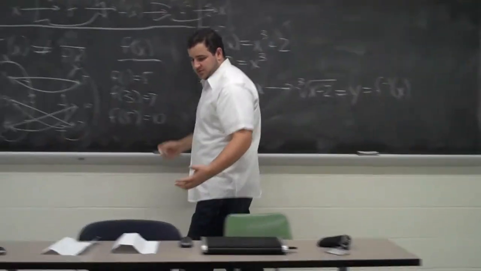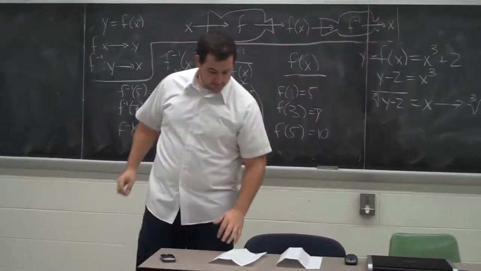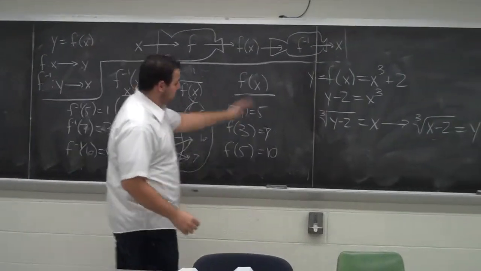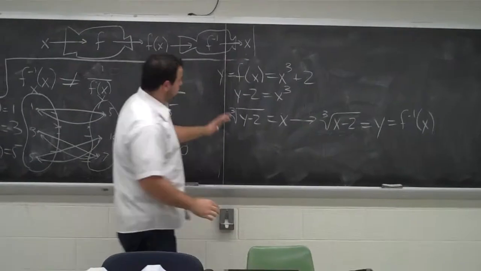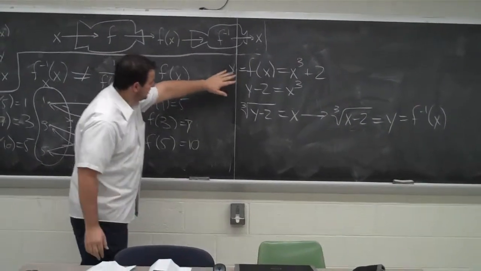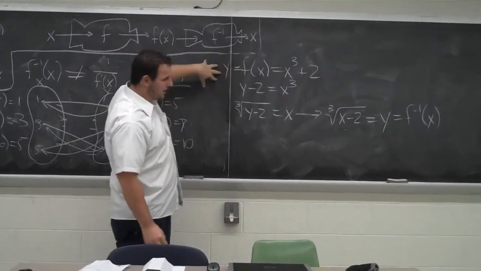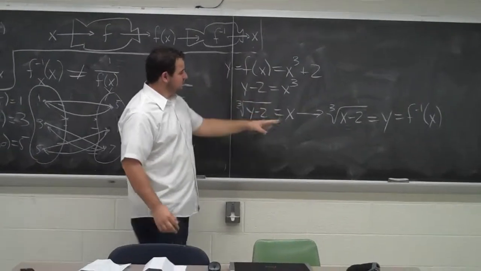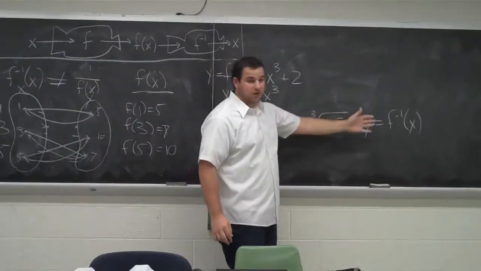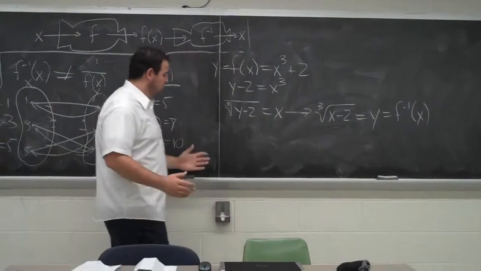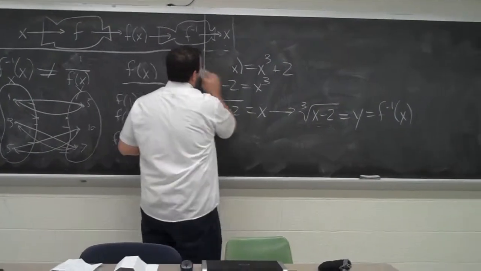Okay, so that's all well and good. What we've got is a simple way to go about finding your inverse if you're given a function. You do these couple of steps: you set your initial function equal to y, you solve for x, you switch x and y, and you call it f inverse of x. Great. The last thing I'll talk about before we wrap up